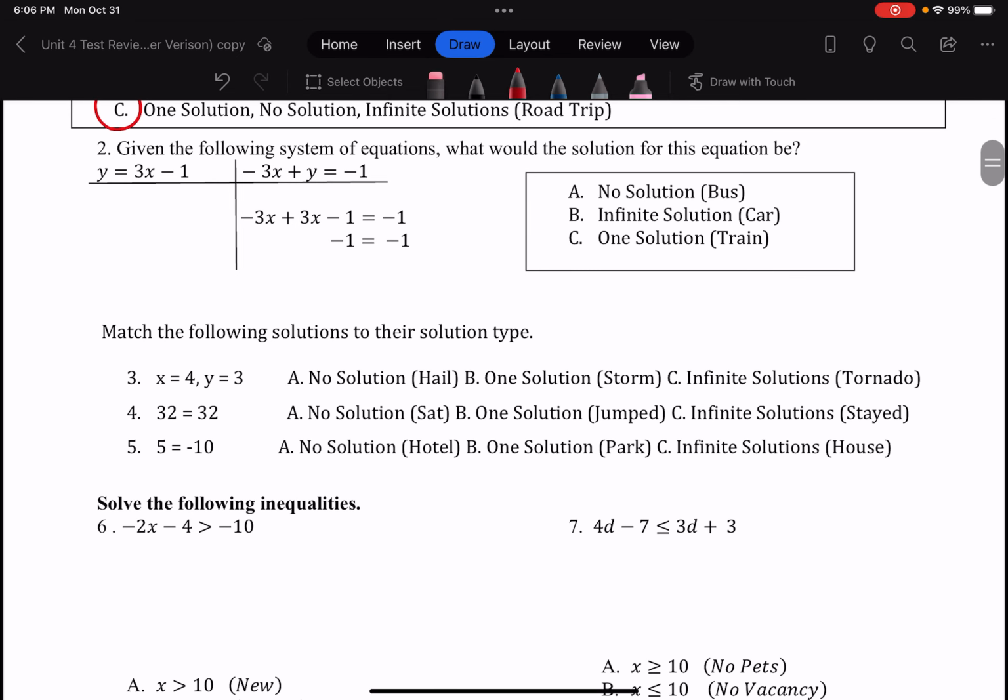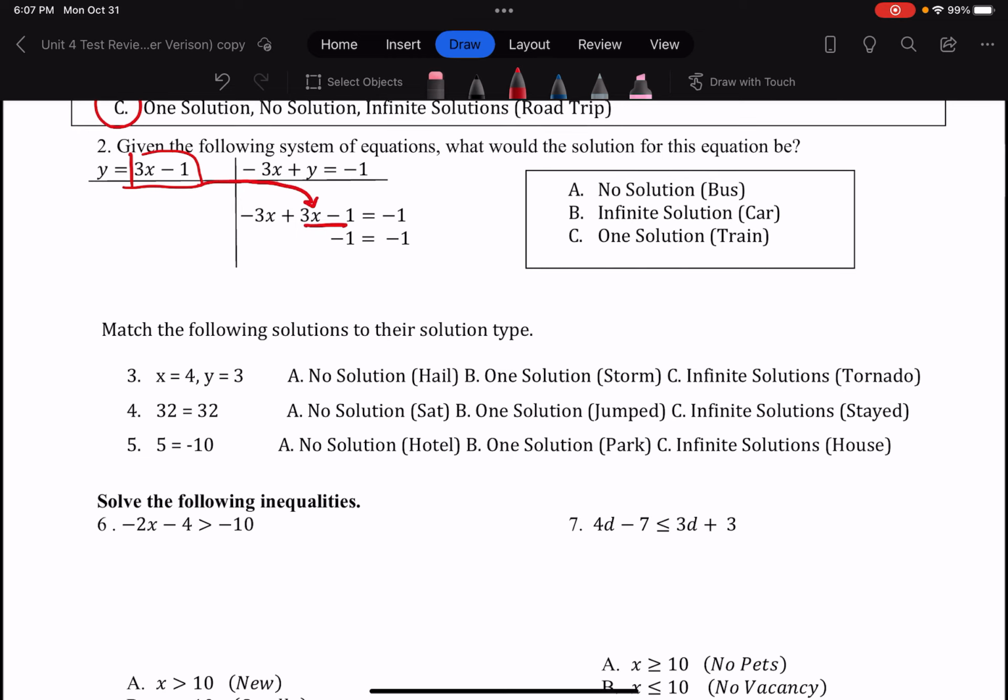All right, and then it says, given the following system of equations, what would the solution for this equation be? So notice we actually solved this for you, and we solved using substitution. We gave you the two equations, y equals 3x minus 1 and negative 3x plus y is equal to negative 1. We took this 3x minus 1 and substituted it for y in the second equation, which is where we got this 3x minus 1 in our second equation. And by doing so, the 3x and the negative 3x cancel each other out, leaving us with negative 1 equals negative 1. Negative 1 equals negative 1 everywhere, so this is always true, which means there's going to be